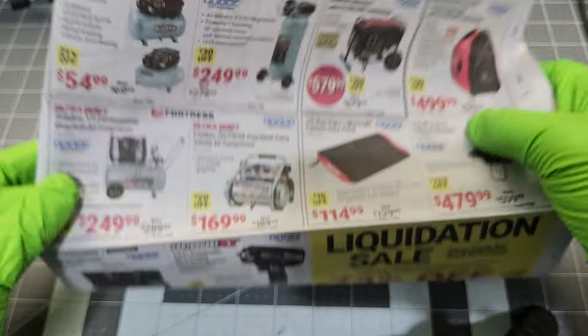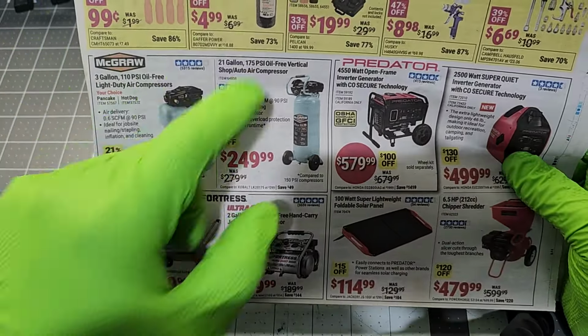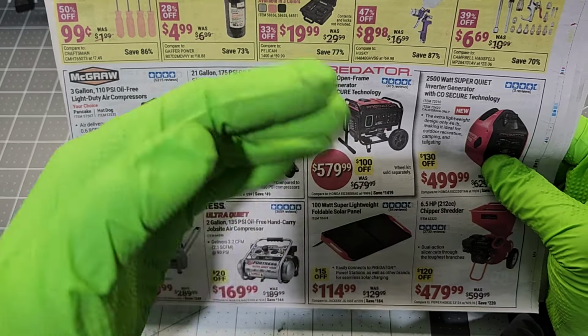Okay, next up, let's go to the other inside page. The pick set's always $1. Electrical tapes usually around that pricing. Same thing, weatherproof case, 33% off. We got this